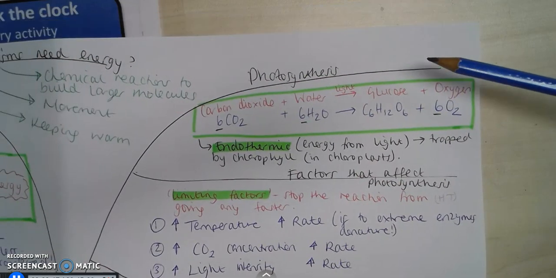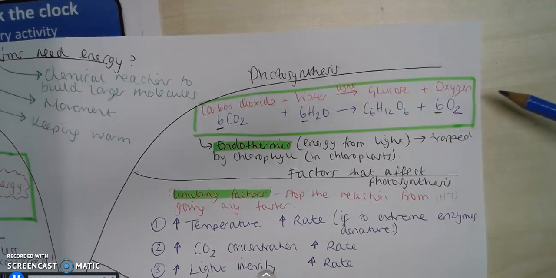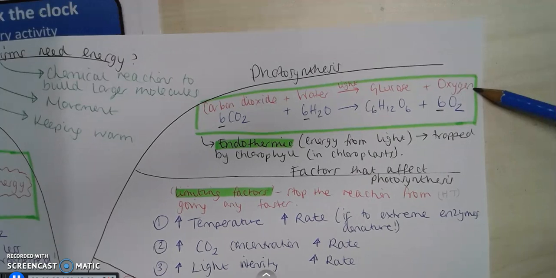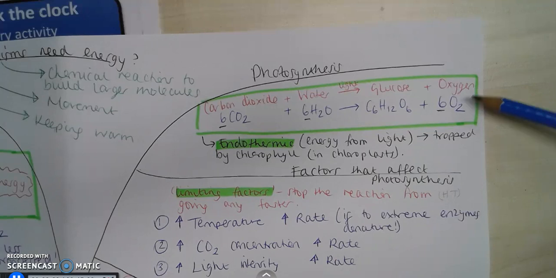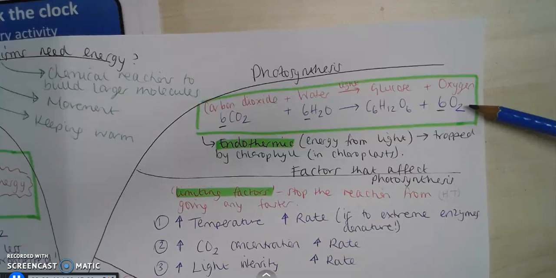With photosynthesis, it's really important to know the equation. So that's both the word equation, which is carbon dioxide plus water, light energy needs to be on the arrow, produces glucose plus oxygen. And we need to know the balanced symbol equation. So 6CO2 plus 6H2O produces C6H12O6 plus 6O2. Just to emphasize the balancing, we've got underline under the 3 sixes. So 6s go in front of everything apart from the glucose, which is the large